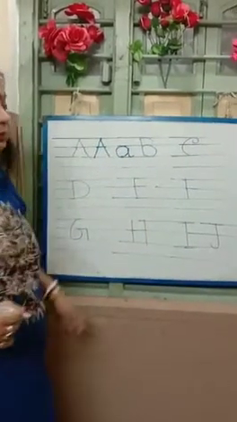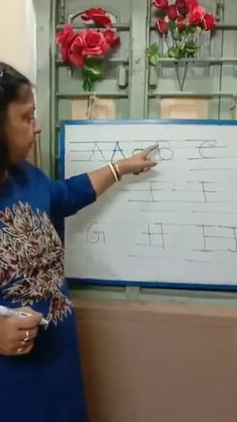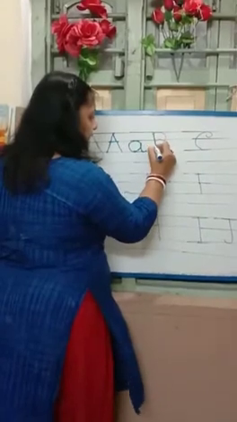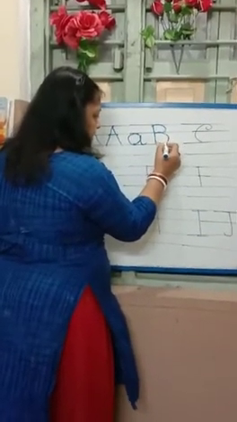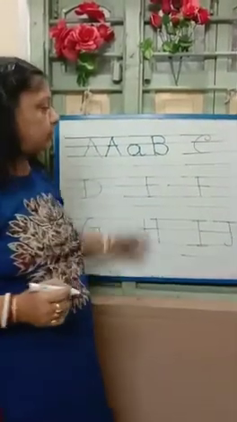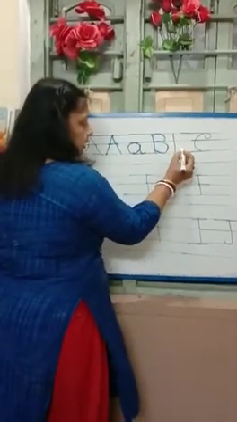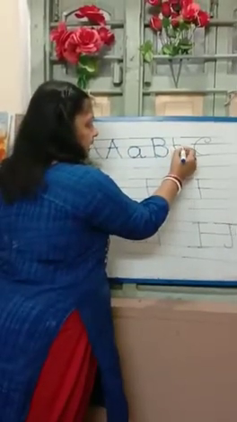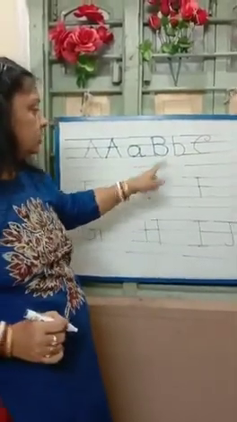Now when we are doing B, you are doing the curved line. You all know what is a curved line. So start from first, second and the third line and just give a curve like this. So this is capital B. Now when you go on to the small b, you just give a straight line from the first, second and third line and move from the second to the third line. You move like a curved line. So this is small b.